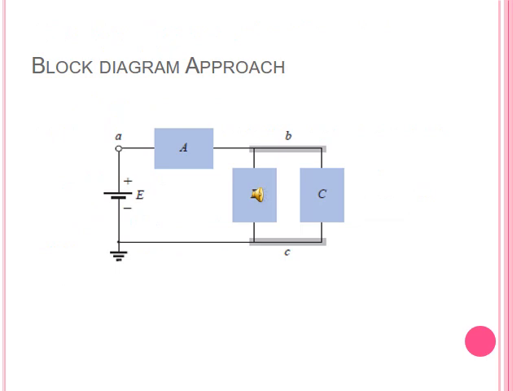Our second approach is the block diagram approach. In this approach, we just divide the components present in our circuit in the form of blocks. If we go to slide number 5, which explains the reduce and return approach, you will see that we have R1, R2, R3 and R4. In this type of approach, we label R1 as block A, R2 as block B, and R3 plus R4 as block C. We have combined the resistors in series into one block, so that if we have to find the current, we can easily find it in the form of IC or in block C.